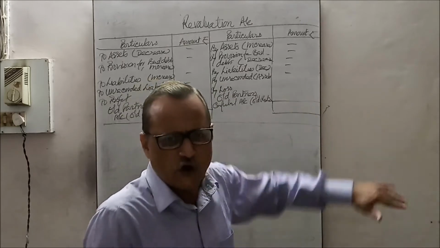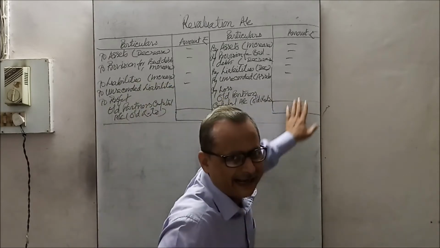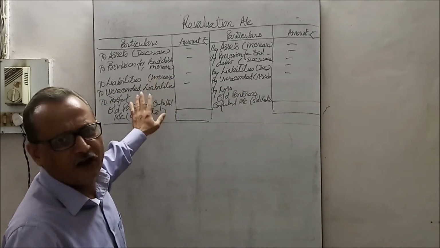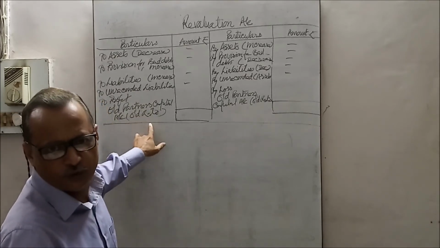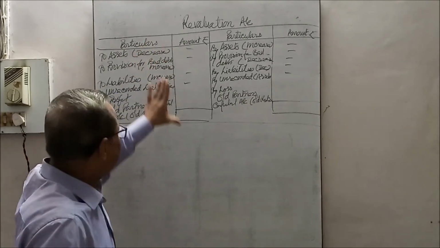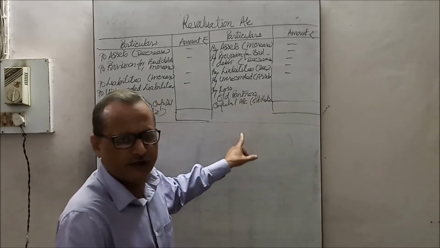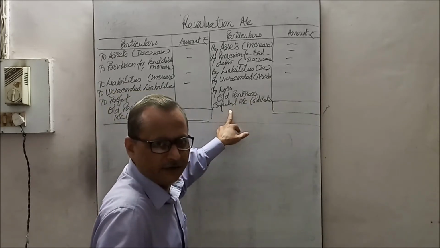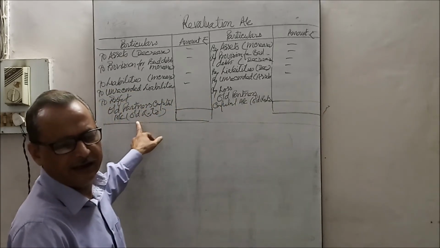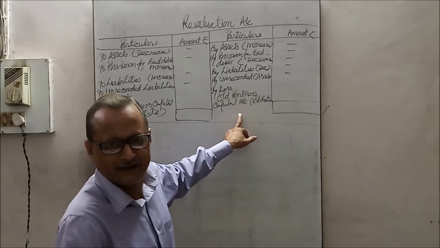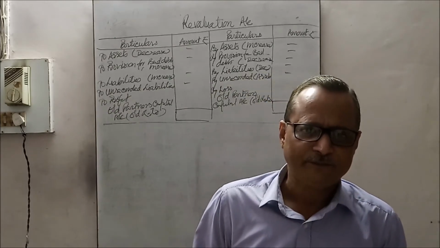Now, after recording all these, match the credit side and debit side. If the total of the credit side exceeds the total of the debit side, that is profit on revaluation, and it should be distributed to the old partners' capital accounts in their old ratio. If the total of the debit side is more than the total of the credit side, that is loss on revaluation, and it should be debited to the old partners' capital accounts. Means partners' capital accounts will be credited in case of profit on revaluation, and debited in case of loss on revaluation. This is the preparation of the revaluation account.